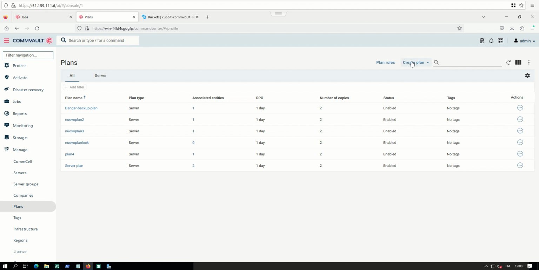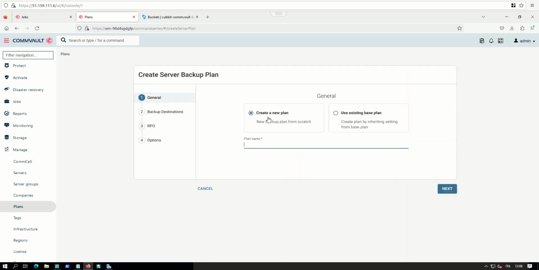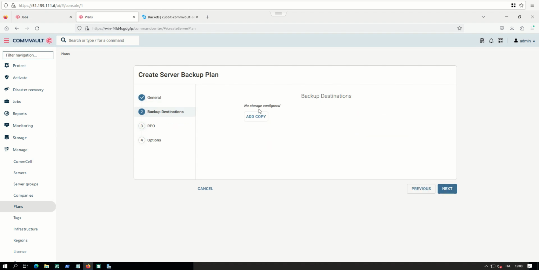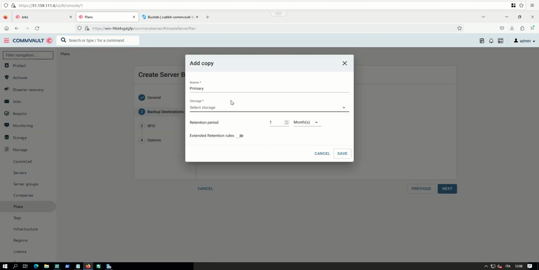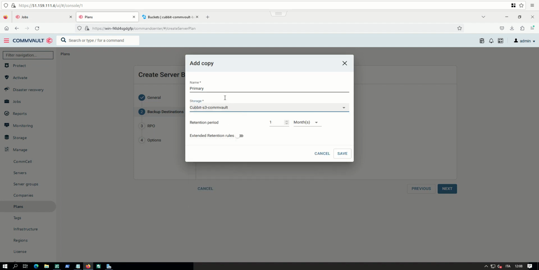We can create a plan for a server backup. Plan name. We call it Cubbit NGC plan and click Next. We should select a backup destination as a copy, and we can select this one. We can define the retention period,